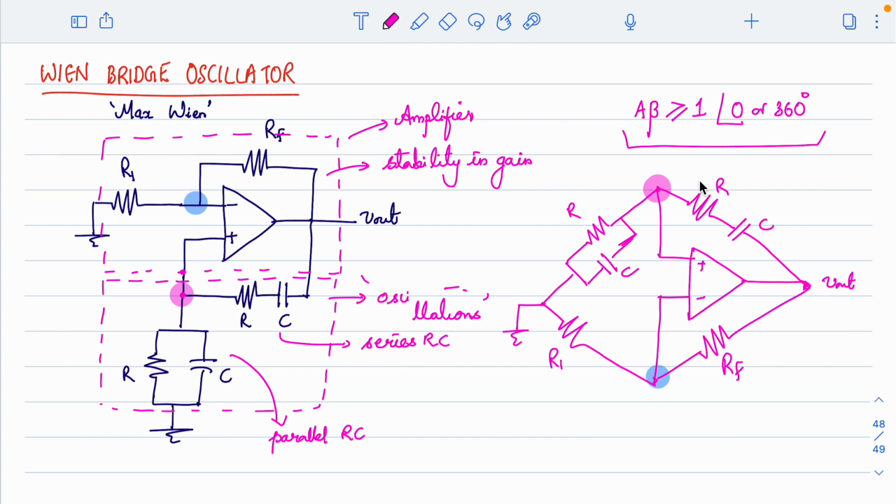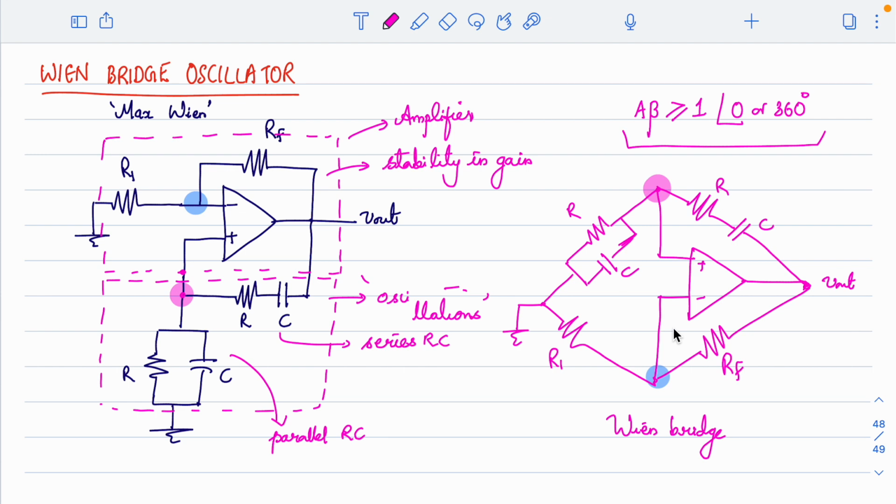So you can see that this is the series RC and this is the parallel RC. Now what we will do here is, you can see that the feedback network is actually connected in the form of a bridge, right? Whether it is towards the negative input side or towards the positive side, it is in the form of a bridge, and this bridge is called the Wien bridge, right? The bridge consists of a series RC network here and a parallel RC here, and in the other arms we have RF and R1, right? And the bridge is connected between the input terminals of